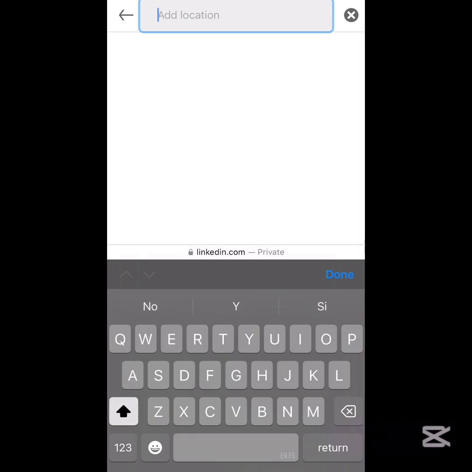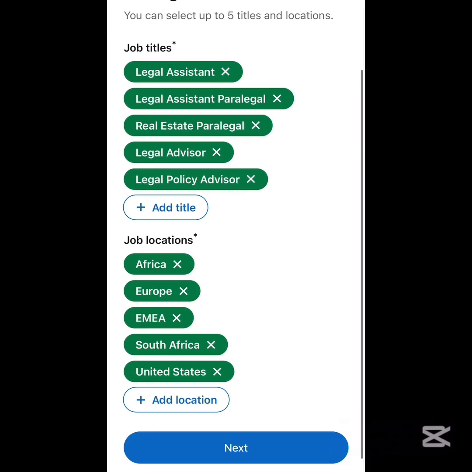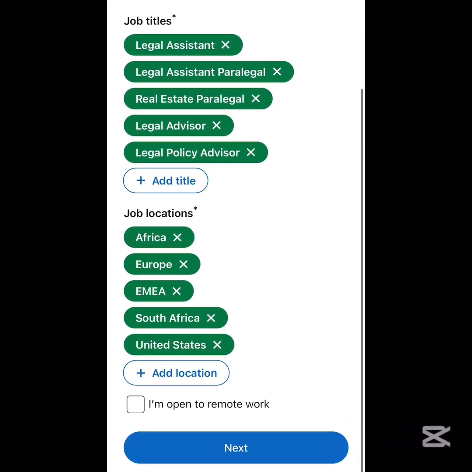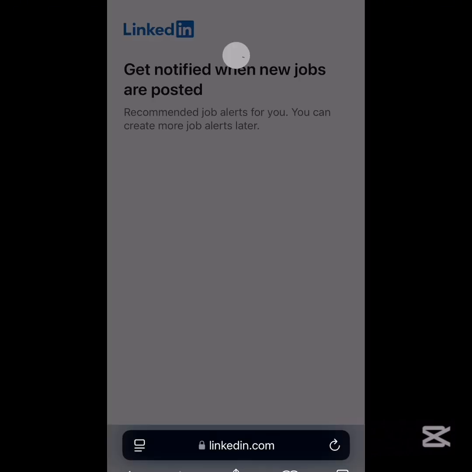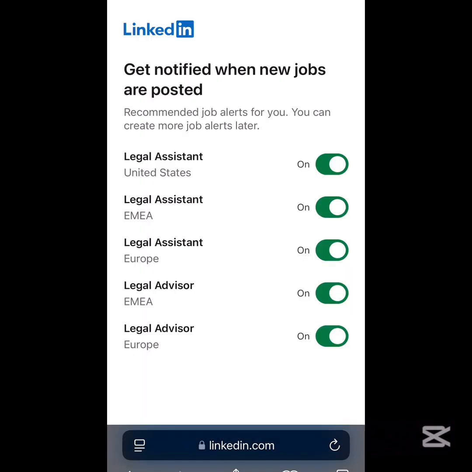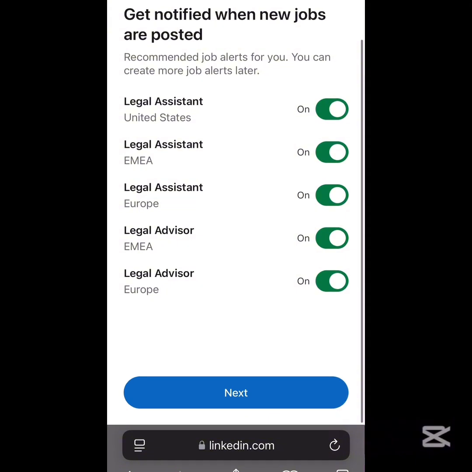So I think we have selected a maximum of 5 job titles. So now we're going to scroll down, and this is very important, where it says I'm open to remote work. You click there. It's important that you click there, otherwise if you don't, you're not going to get remote jobs. Then you click next, see the jobs that you selected,